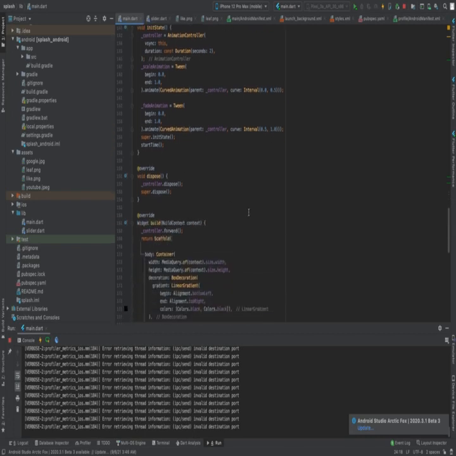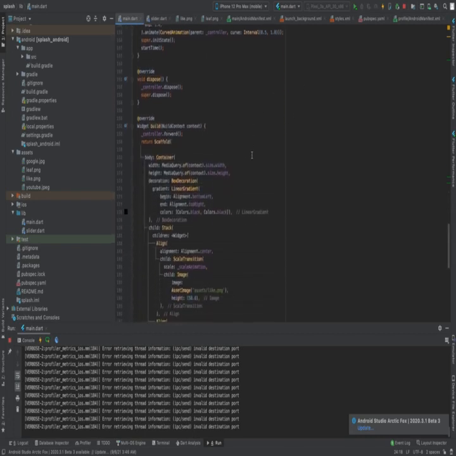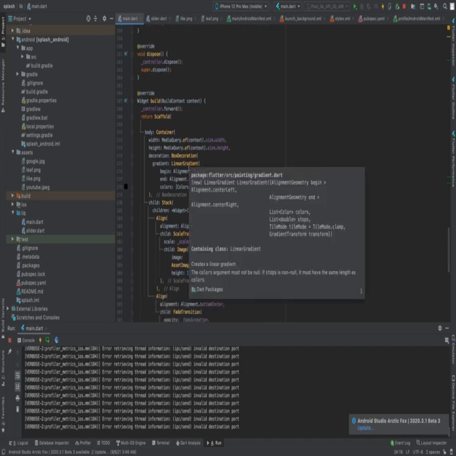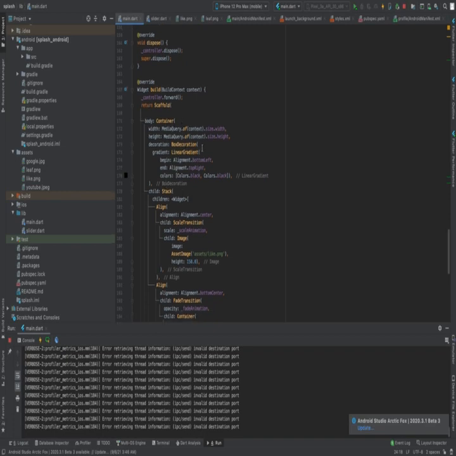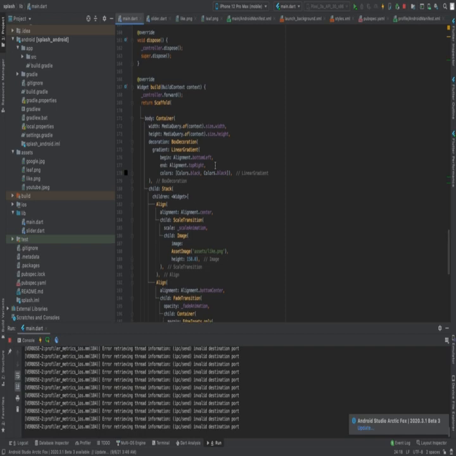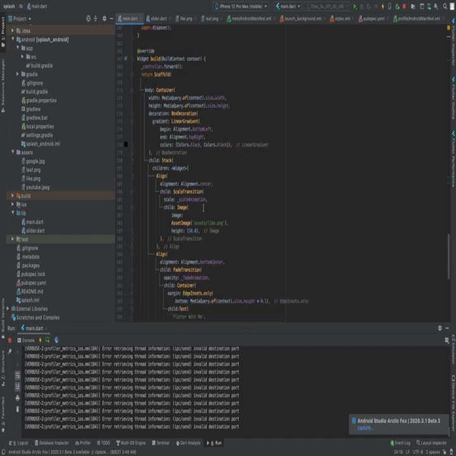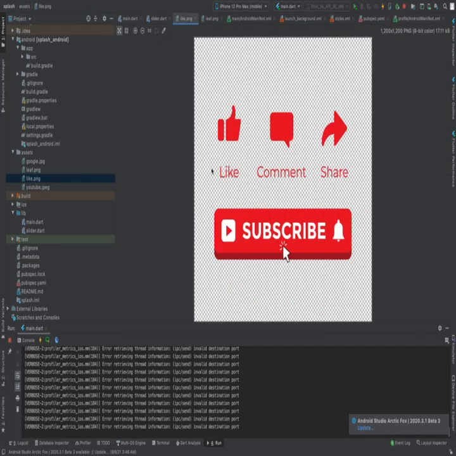So let's have a look at where we call these animations. We use a scaffold, inside the scaffold we use a container, and after that there is a stack. Stack is basically used for overlapping when we try to overlap something. So we first have an image here. Let's have a look at the image. This is the image, and after that